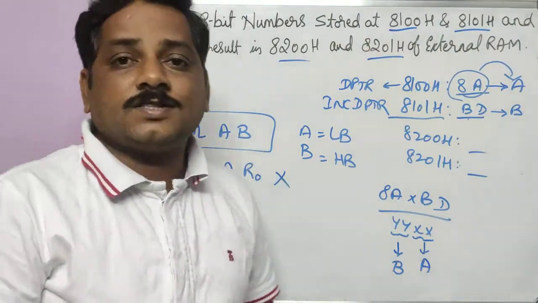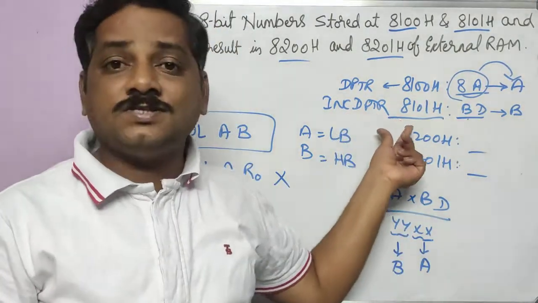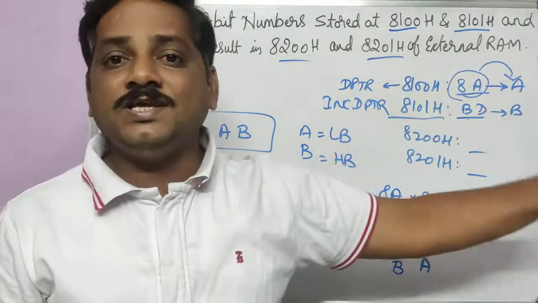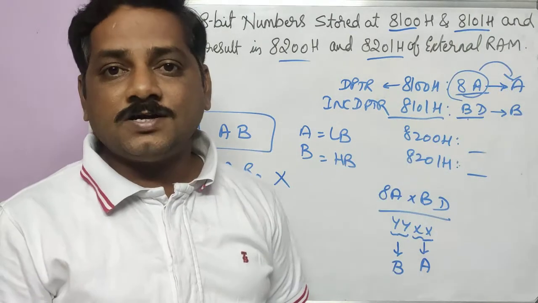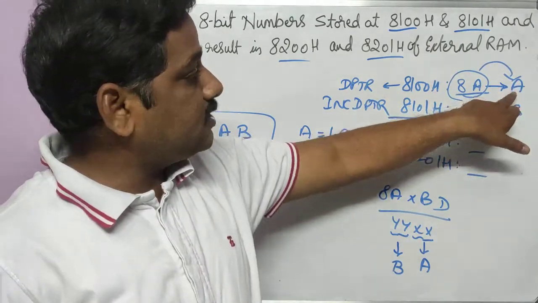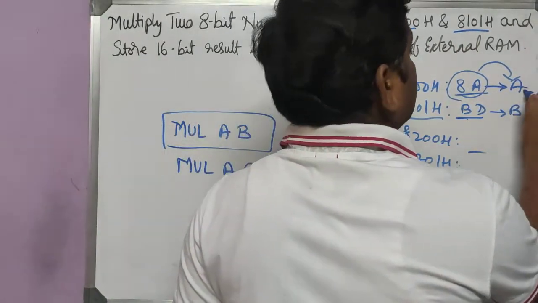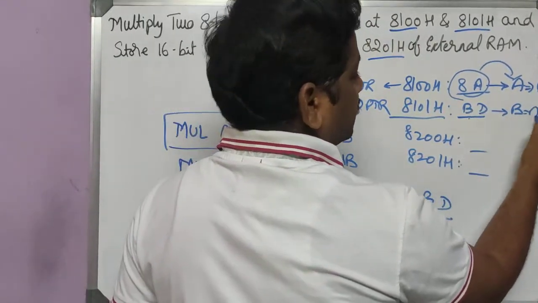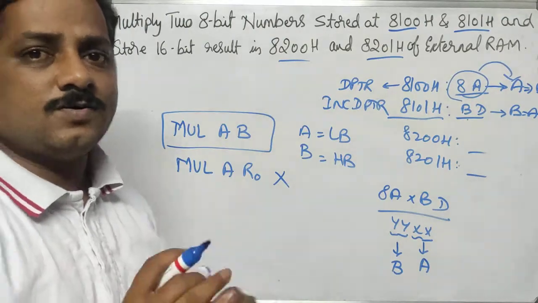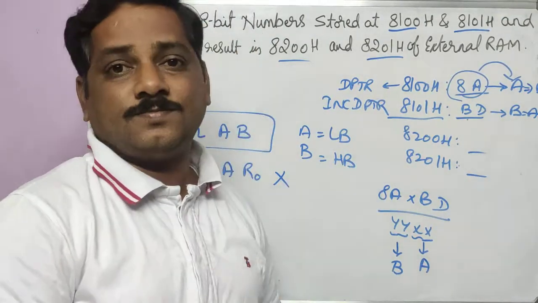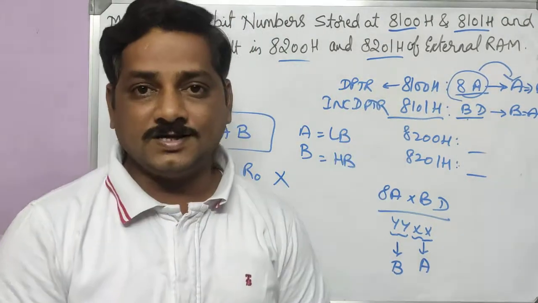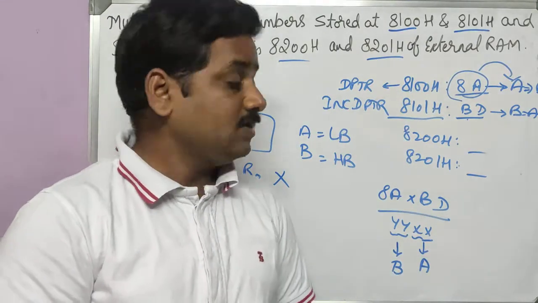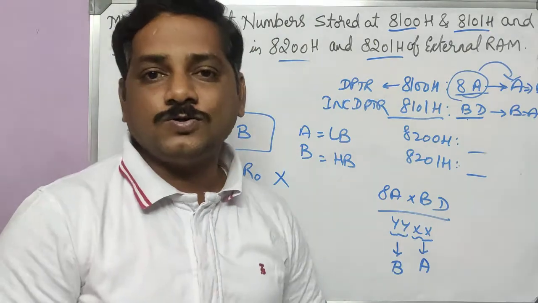But we don't have a facility to move the data at DPTR to register B. We can move it only to A. A is already having some data. So what we need to do is store this data somewhere from A, or put it into B, and then take the next data into A instead of taking it into B. This is how we should make the changes because of only one DPTR. If we had two DPTRs, we could have done it easily. But we have only one DPTR. Within that one DPTR, I'll tell you how to write it.